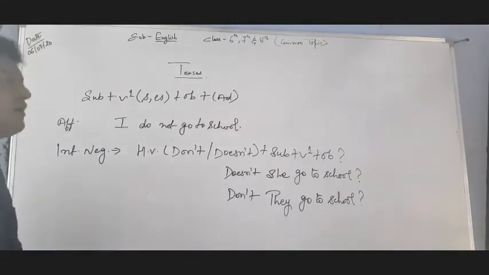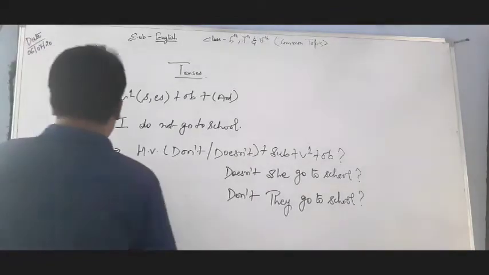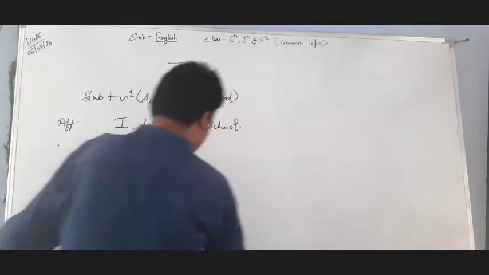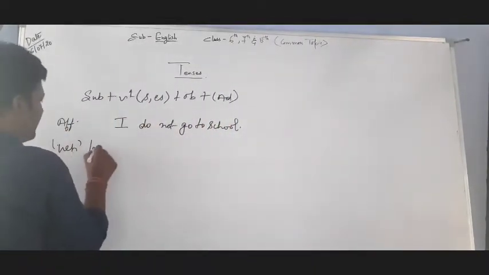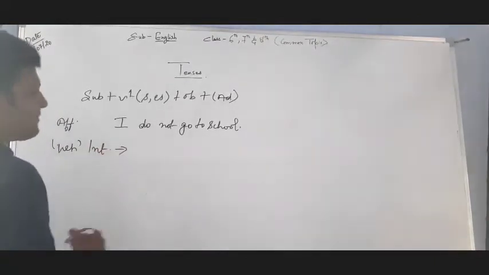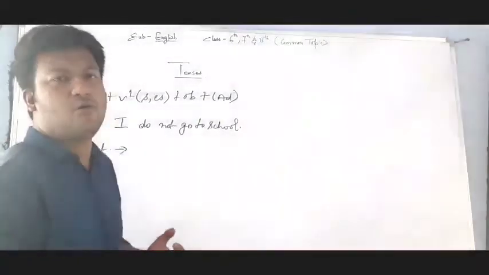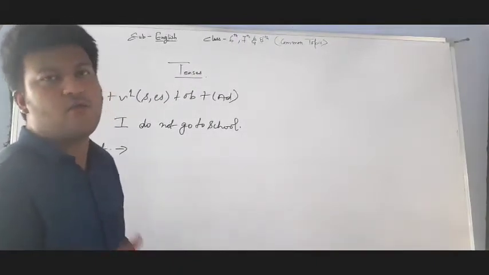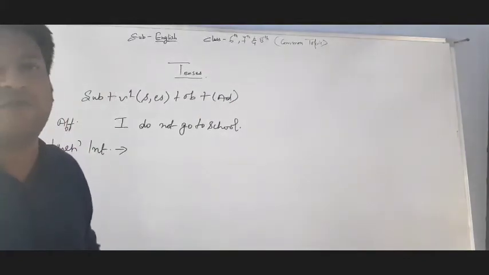Now two more are there. I have told you four till now: affirmative, negative, interrogative and interrogative negative. Now I will tell you two more. What are these two more? That is WH word interrogative sentence. What do I mean by WH word? WH family consists of what, why, when, where, who, whose, how, or whom. The words which are used to ask questions and start with WH are called WH words.